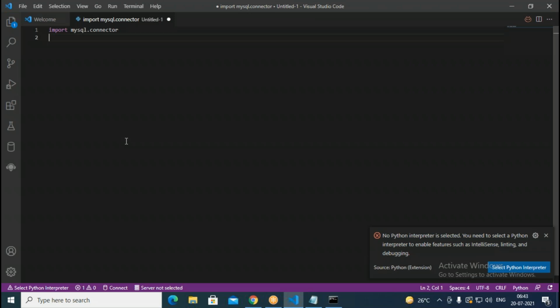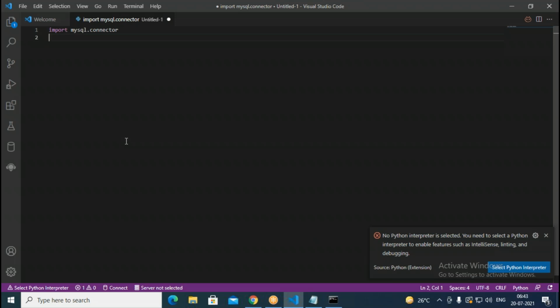I need to import that module. Once the mysql.connector module is available, I can open a connection. Then after that, I can execute commands. So what I'm doing here is first of all importing the module mysql.connector into the current application.